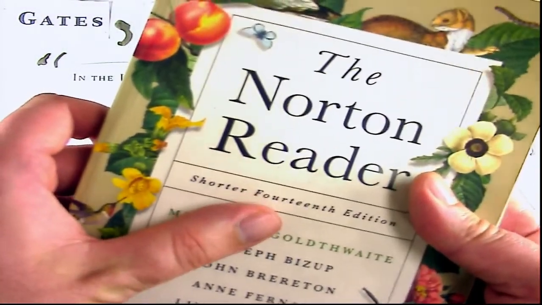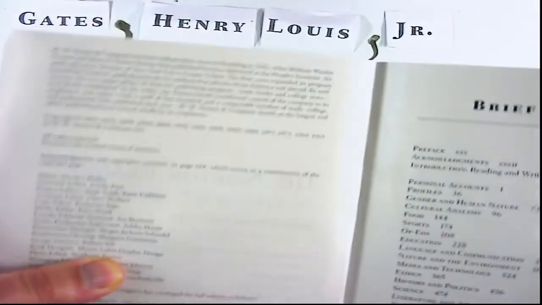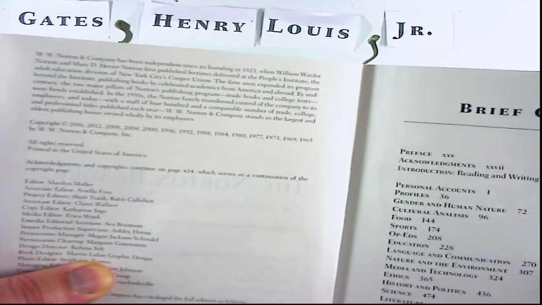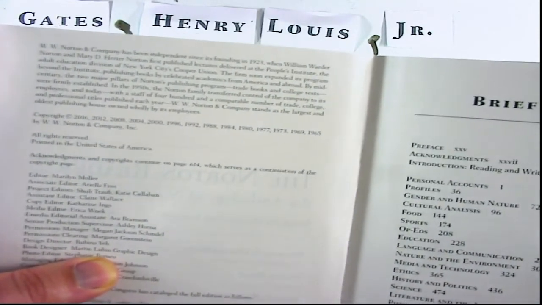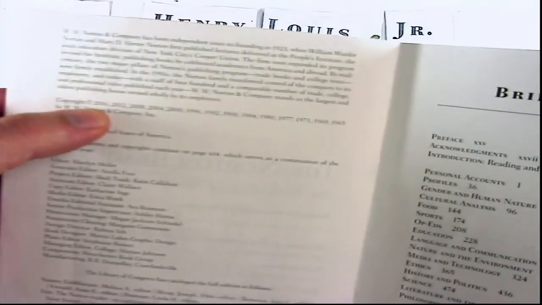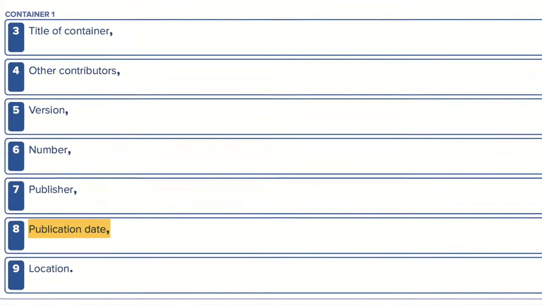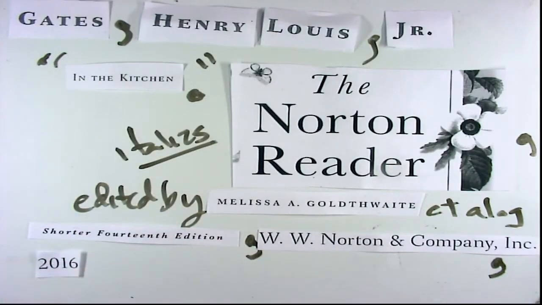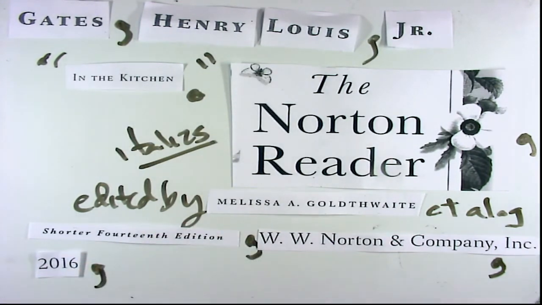So, in this case, as is the case with most of these kinds of anthologies, this is, again, 14th. So this thing has been published for quite a few years. It's been relatively popular. Each one of the publishing companies tends to have one of these things. So, if you notice on the last title page here, you have 14 years. You're clearly going to use the latest one, because that would correspond to the physical thing you're holding in your hands right now in the present. So, in that case, it was 2016, and then we do another comma, because we have one last bit of